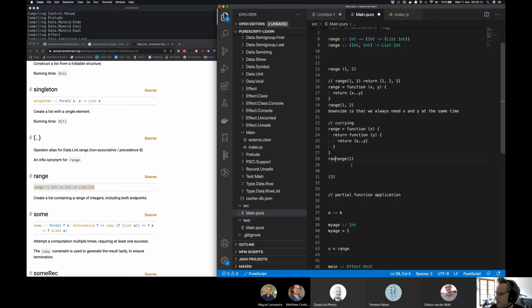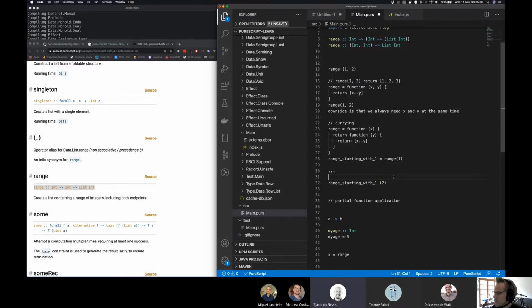So we could say like range starting with 1 equals range of 1. And then later somewhere else, we could say, oh, we want to execute that with the y parameter now that we want over there. So there could be like a time gap in between the 2 executions of this. So here's where I've got x, and here's where I've got y. I've managed to separate them in time and space.